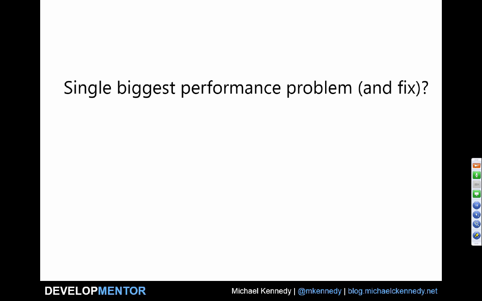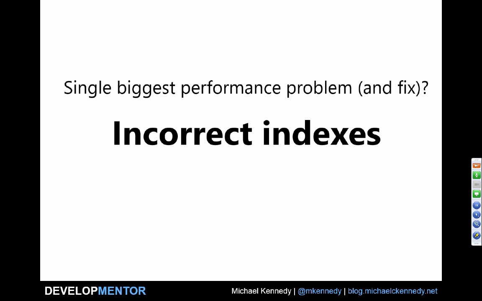All right. So now that leads us on to the single biggest performance problem. So if you talk to the MongoDB guys, what they'll tell you is, what is the biggest performance problem that you run into? They say over and over again that you run into this problem of incorrect indexes. And it could be that there's too few, but it also could be there's too many. So too many slows down writes. It consumes more memory, things like that. Too few, the queries become slower, but writes are faster.